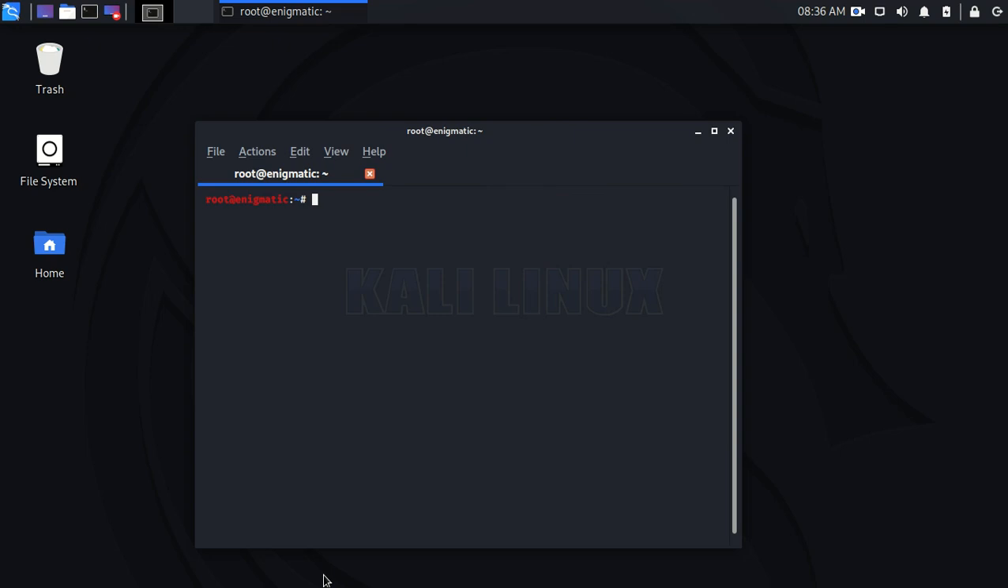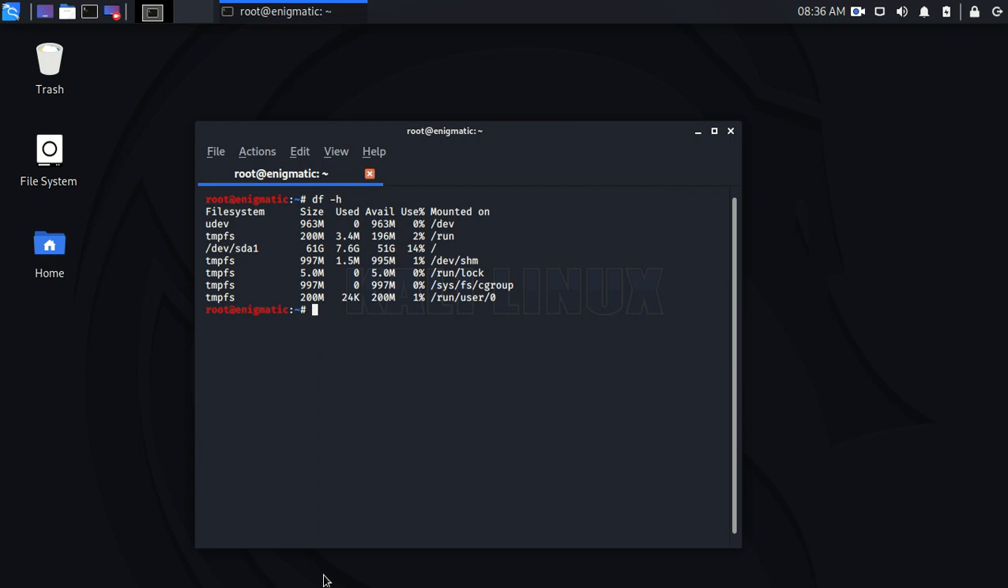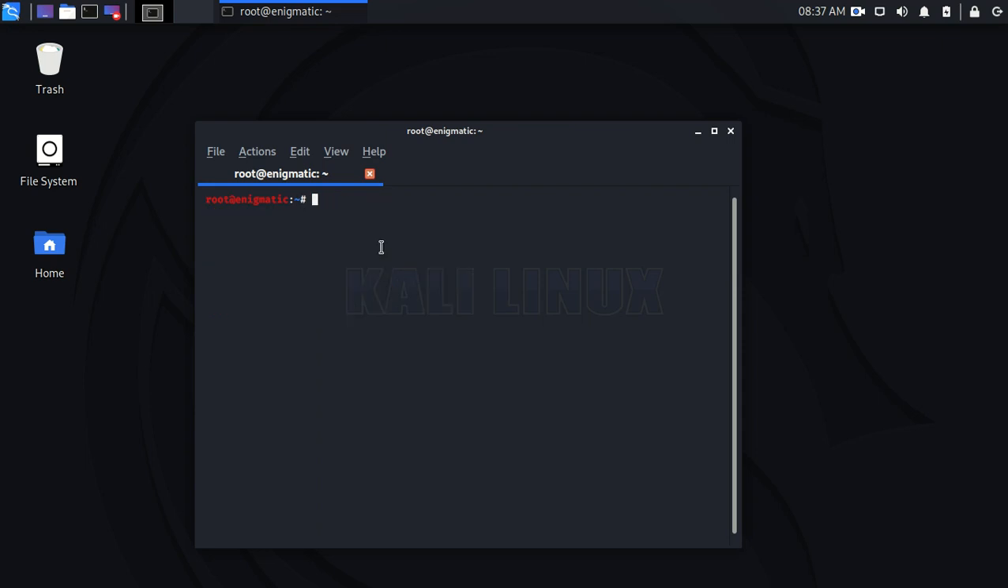And the next command I'm going to show you is how to check for free disk. Okay, and that is actually pretty simple. You just type in df -h, so disk free, human readable format. Okay, as you can see, I have all my partitions right here. This is my main partition. It has 61 gigs and I have used 7.6 gigs and I have 51 gigs available. Okay, so let's clear out of that,